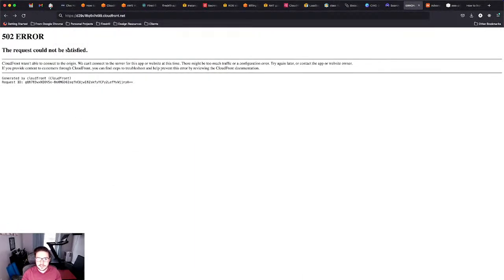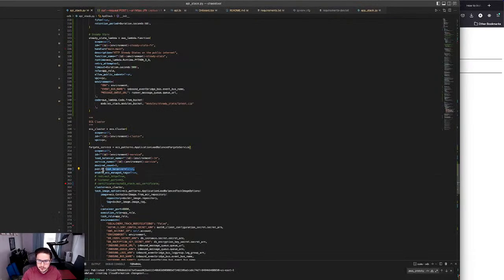So CloudFront's getting this weird 502 error, and I think it's because I have this public load balancer set to true, and it was presenting this Route 53 API certificate, which is invalid because it's actually for the root domain, and I haven't set up the DNS correctly. So I just removed the HTTPS requirement at the load balancer,